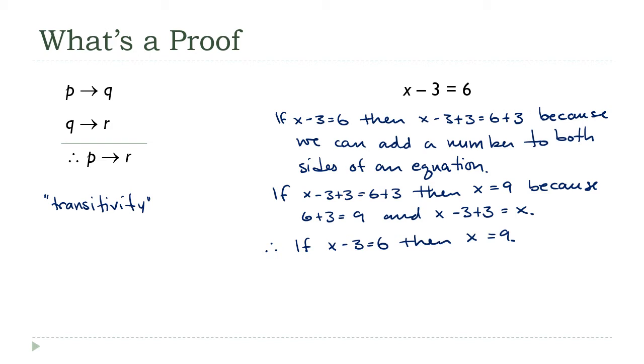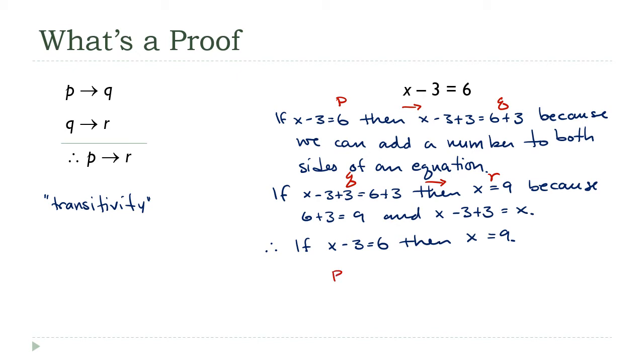X minus 3 equals 6 is the P. This x minus 3 plus 3 equals 6 plus 3, that's the Q. Then I repeated that Q part down here, and x equals 9 is the R. With those substitutions, you can see how we were able to logically conclude that if x minus 3 equals 6, then x equals 9,